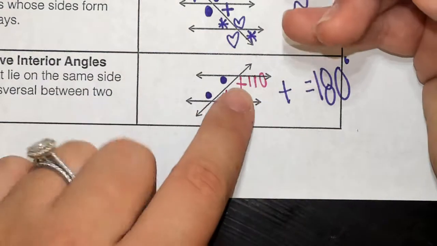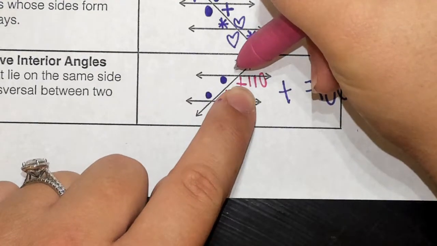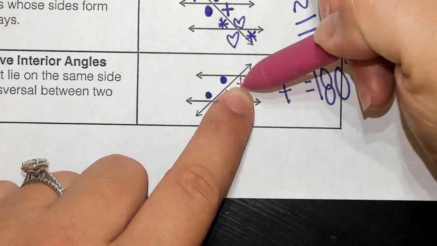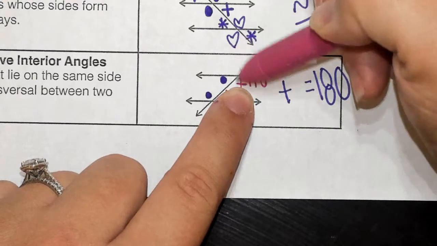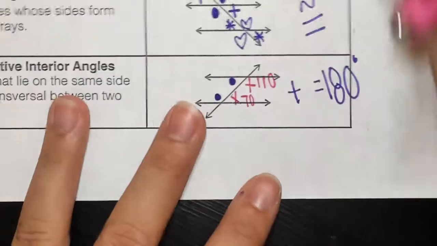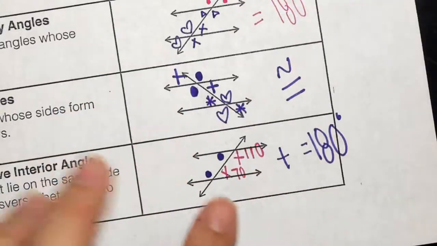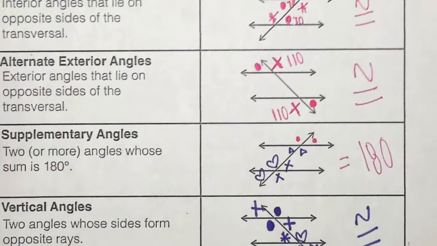Now, trick question, real quick. If this angle is 110, what's this angle? Because of why? Vertical. Okay? So, we're going to keep practicing. However, keep this out to help you while we practice. So, what I want you to do